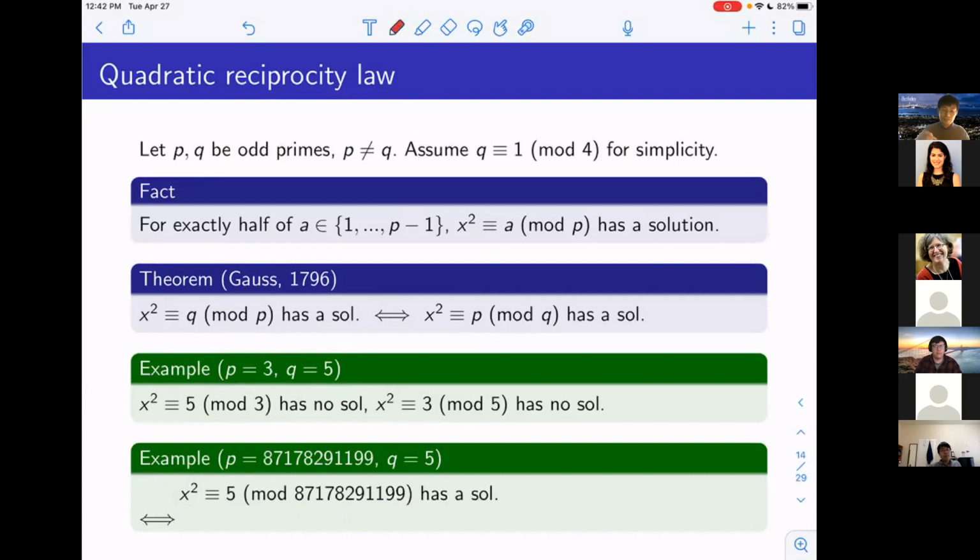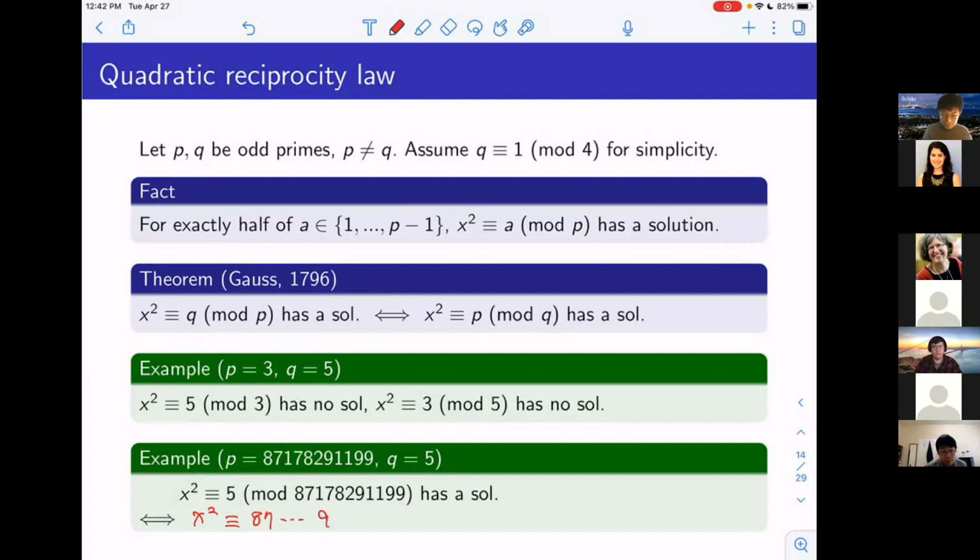But using quadratic reciprocity by Gauss, there's a better way, and you don't need a computer for this: you can switch the roles of P and Q. It's saying that this has a square root if and only if some